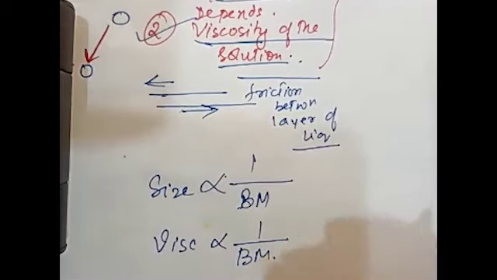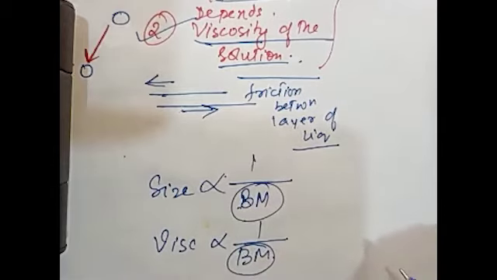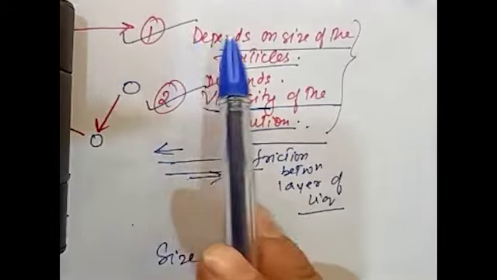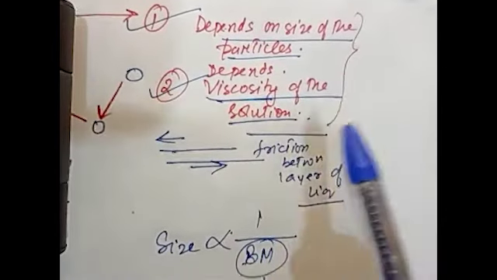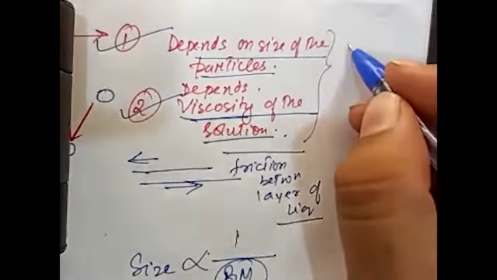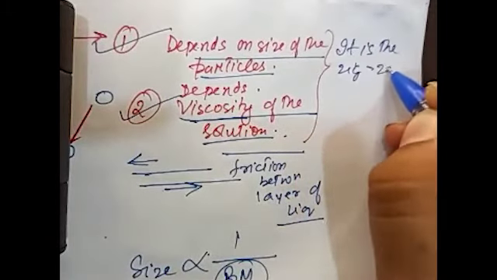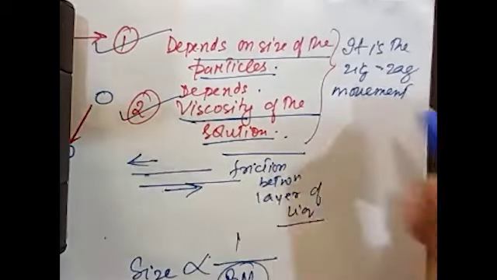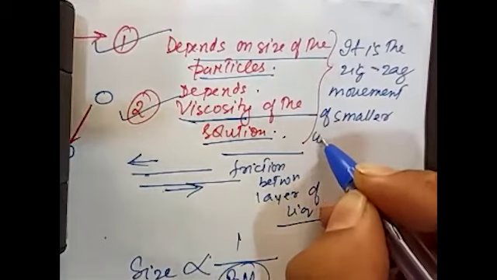Smaller the size and lesser the viscosity, faster is the movement, faster is the motion of the particles. So Brownian movement depends on the size of the particles, depends on the viscosity of the solution. It is the zigzag movement of smaller particles, smaller colloidal particles,